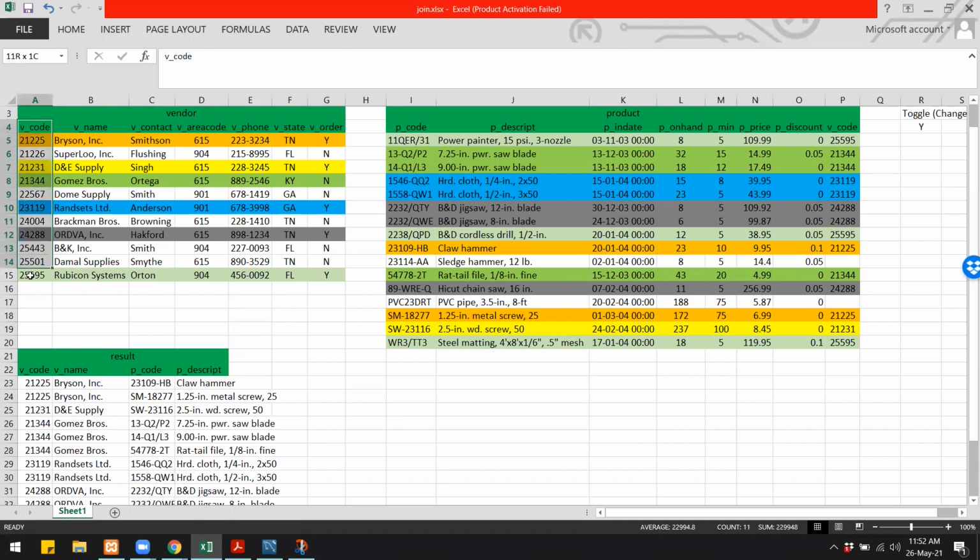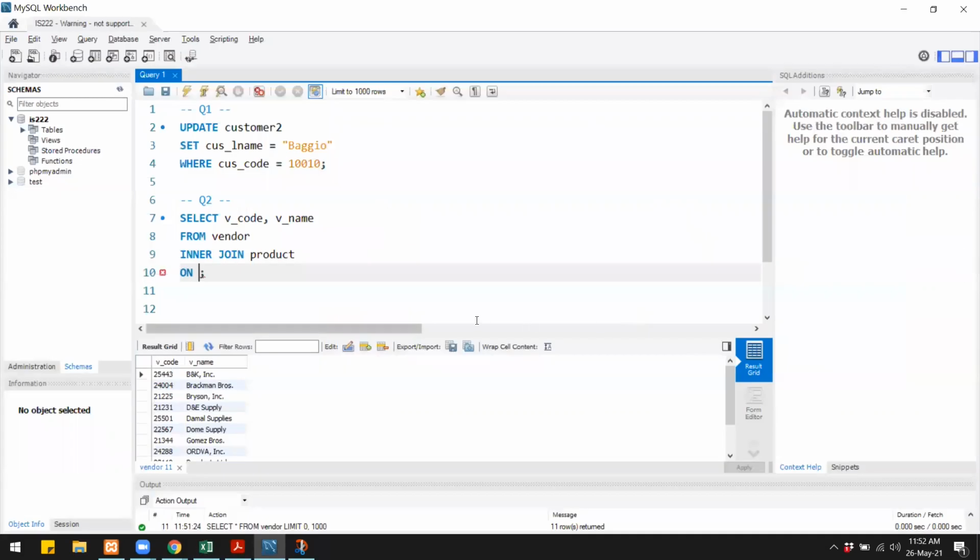Right? Vendor code is here as well as in the product table. So we will match the vendor code. We will say on vendor code from the vendor table equals vendor code from the product table. So one vendor code is in the vendor table and the other vendor code is in the product table.